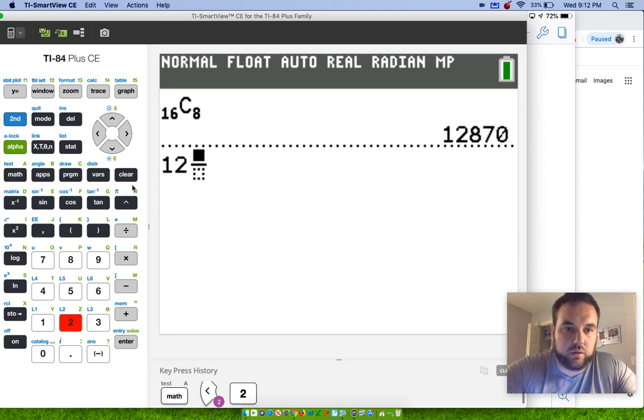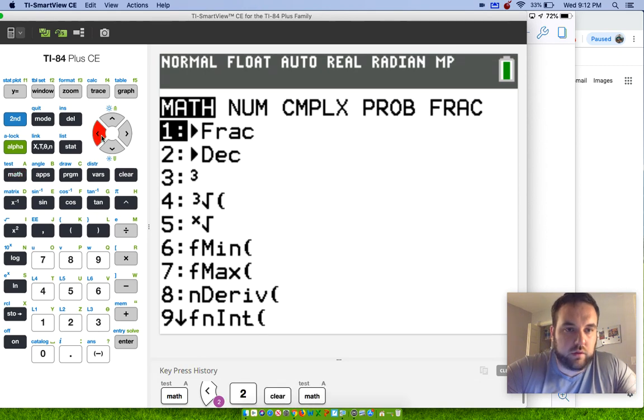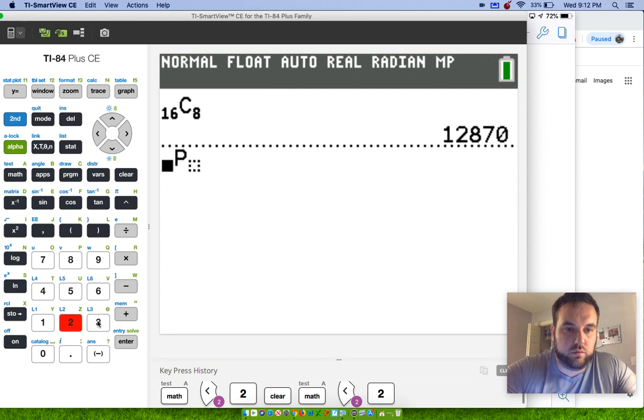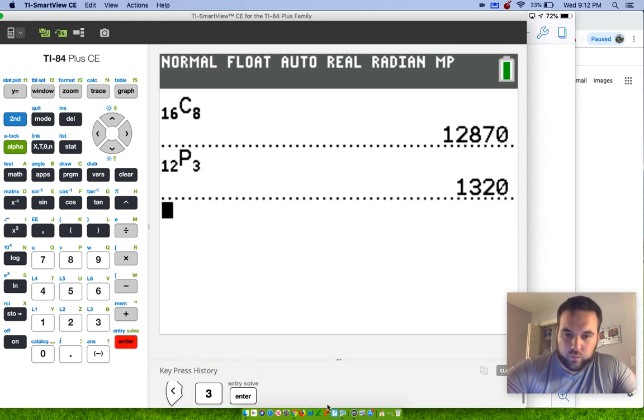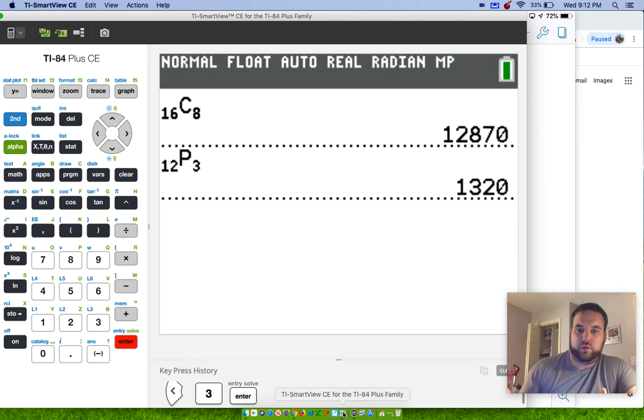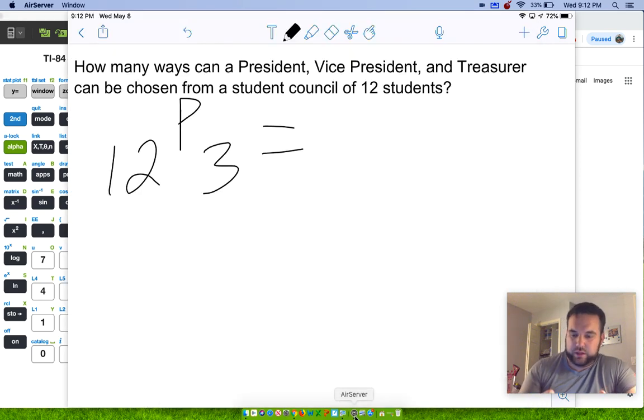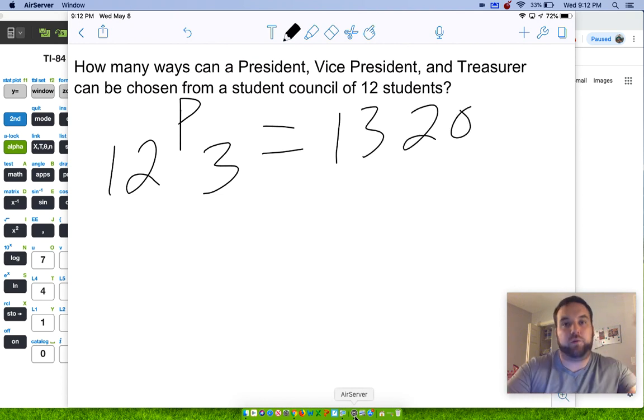Math left 2. Boy, struggling. So out of 12, I want to pick 3. So there are 1,320 different trios, I guess, or cabinets, or however you want to think about it, that you can get from